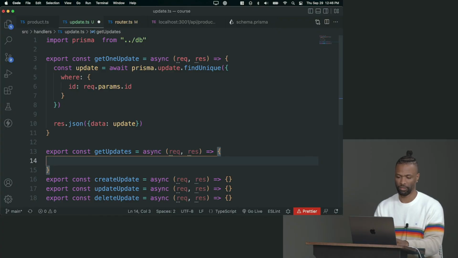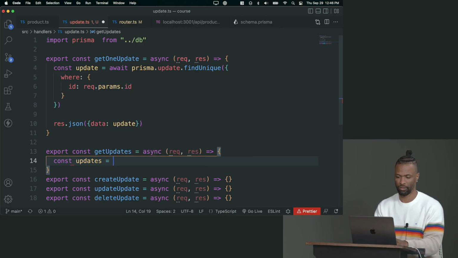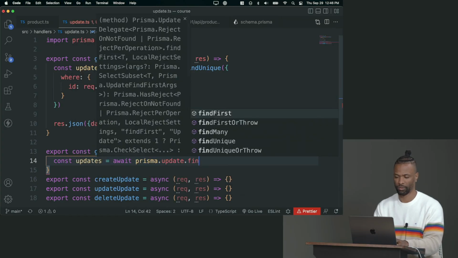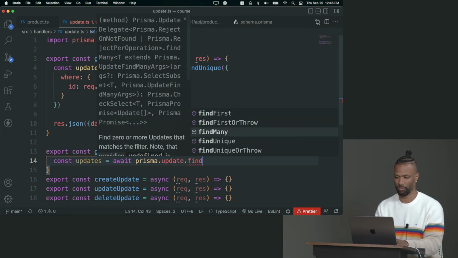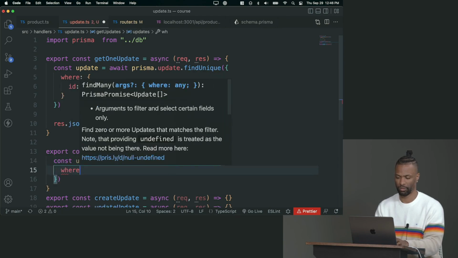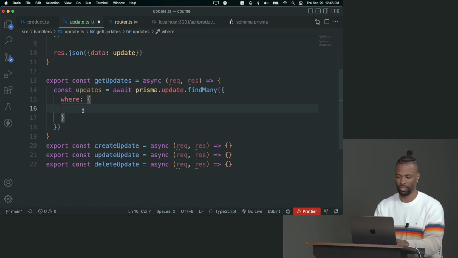All right, so we got that. And let's do get updates. So for get updates, we can say updates are await prisma.update.findMany where, let's see, we want to get all the updates